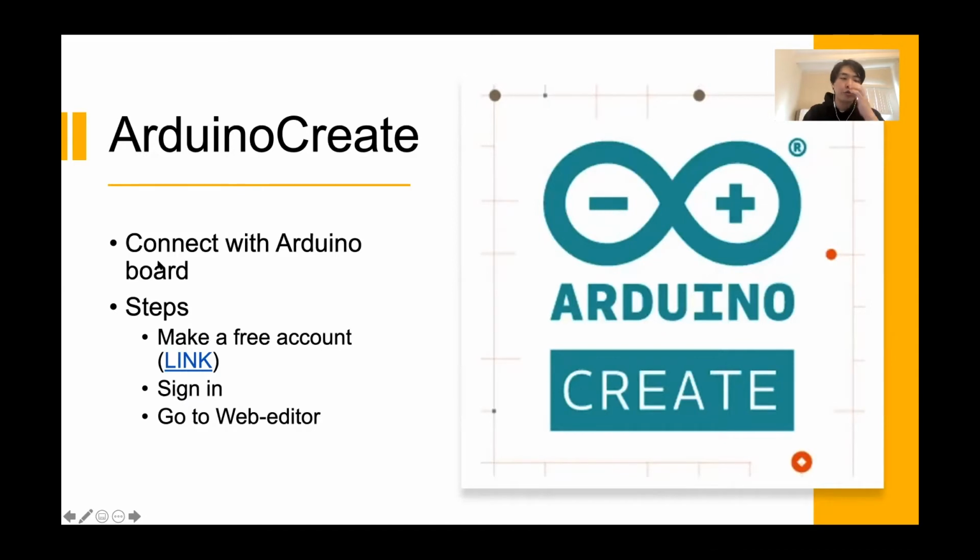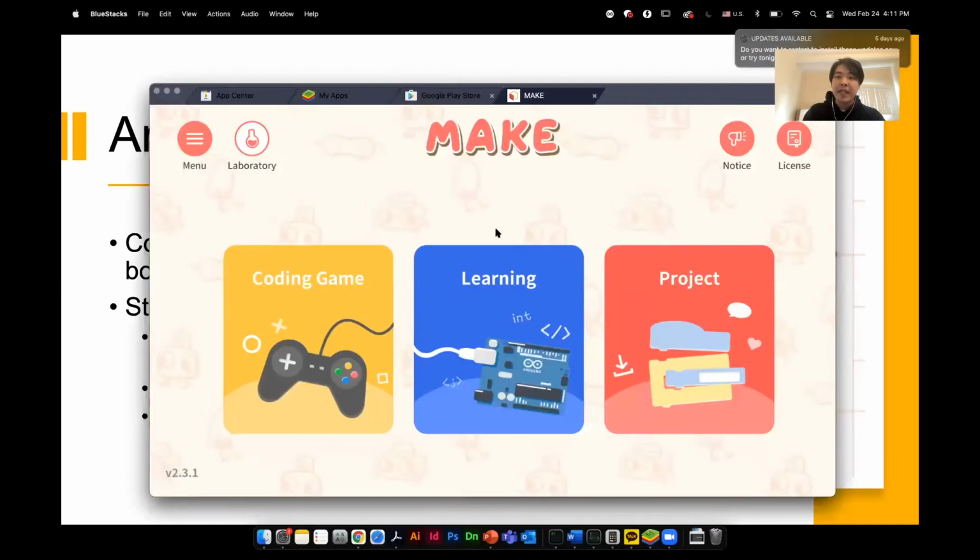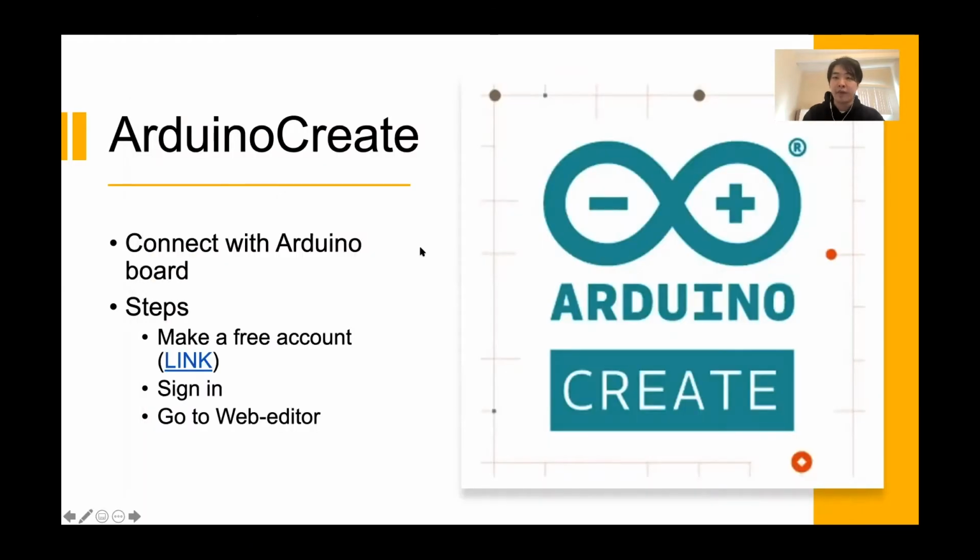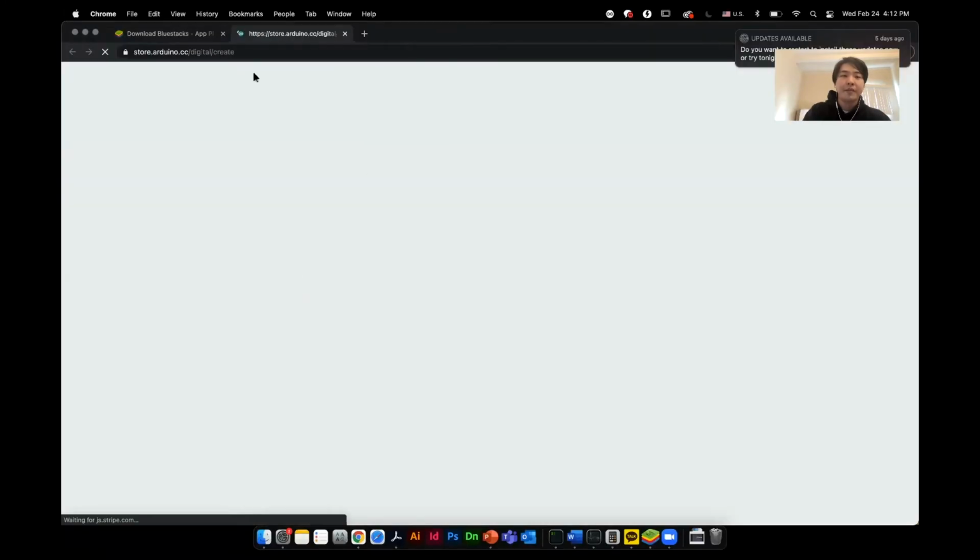What Arduino Create does is it acts as a bridge between the computer and the Arduino board that we have, okay? Because even if you download the emulator, it doesn't connect directly. So you must use this platform. That's why it's a bit more complicated, but once you get used to it, it's not that bad, okay? So step number one, you need to make a free account. So I'm going to click here